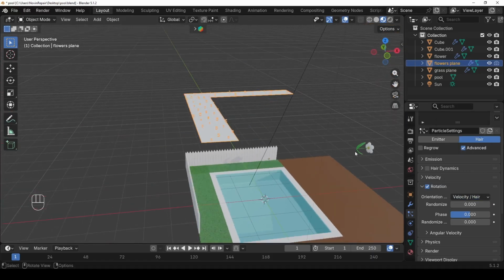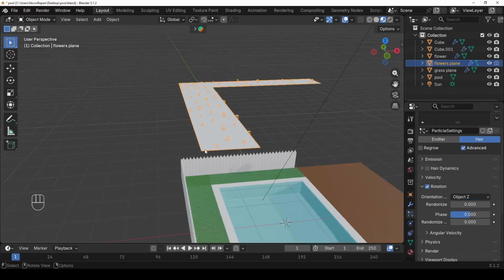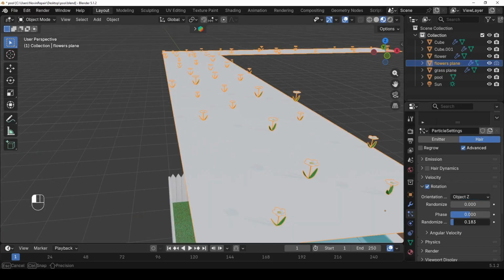So yeah, we have to change the orientation. The orientation is the orientation of this main flower. So if we change it from velocity here to object Z, I mean the Z of this object. You can see now if I turn on this randomize, some of these flowers are getting rotated,